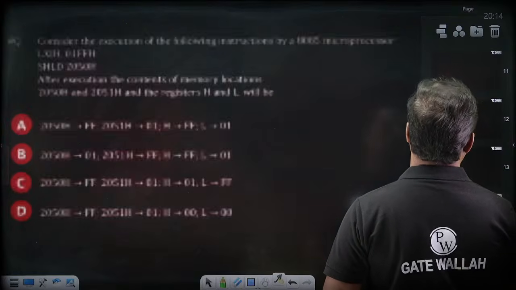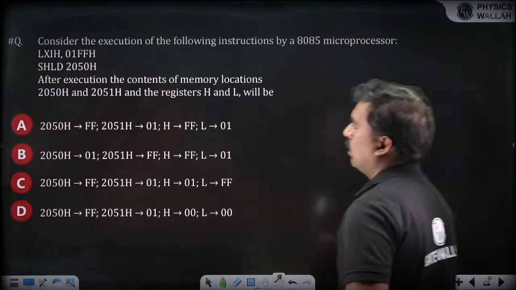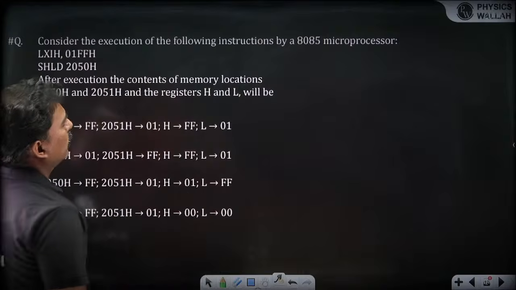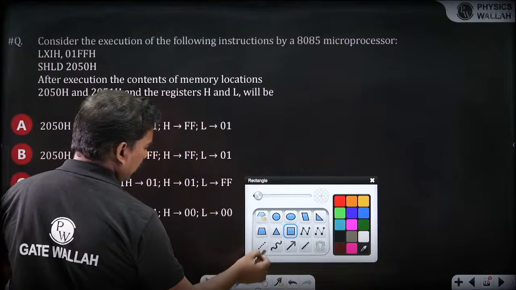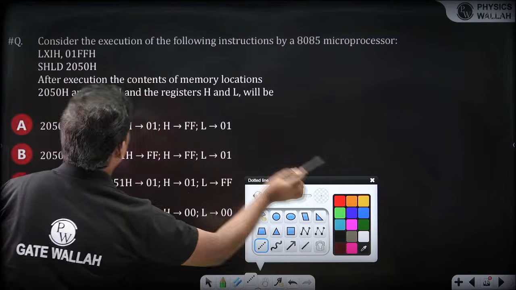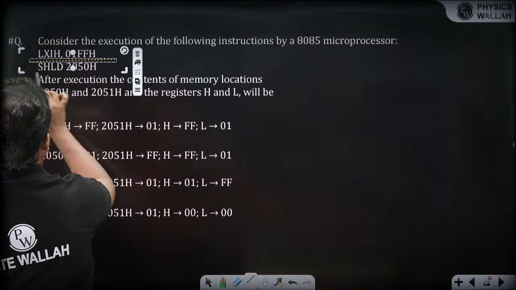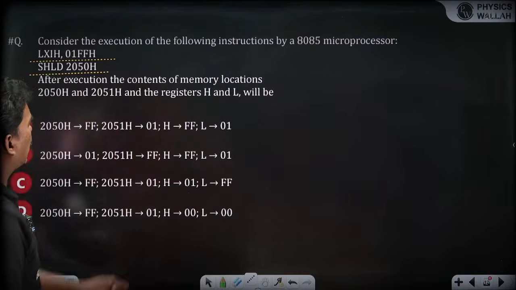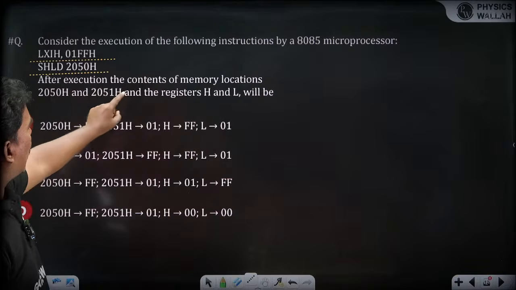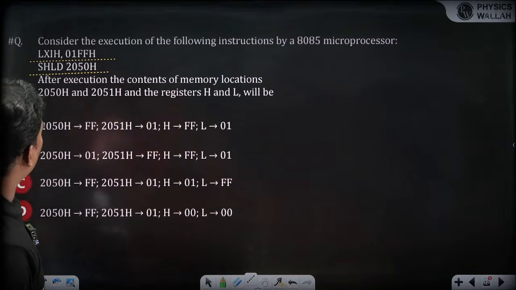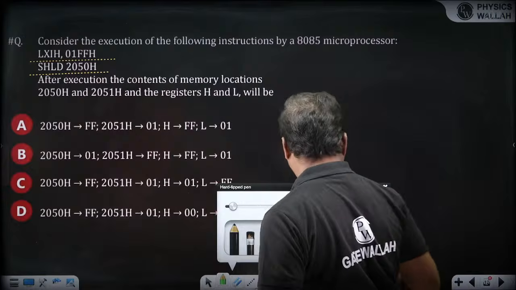Try to answer this question. Consider the following execution instructions of the 8085 microprocessor. LXI H 01FF, SHLD 2050. After execution, the contents of the memory locations 2050 and 2051 and the register HL will be dash. See, first of all, when I say LXI